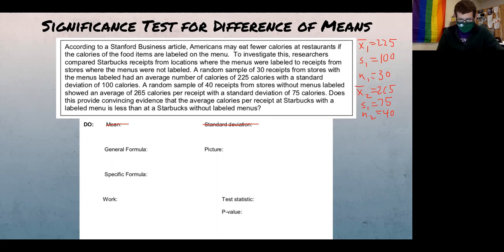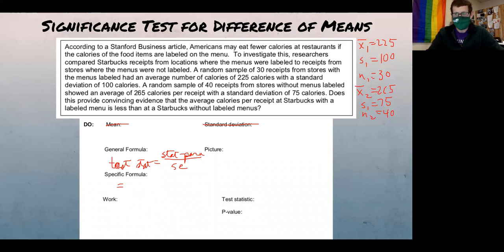So the general formula for any hypothesis test is: test statistic equals the stat minus the parameter divided by the standard error. That is on the AP formula sheet. You have been using it. It's essentially a z-score. The specific formula for a difference of means, a two-sample t-test for a difference of means,